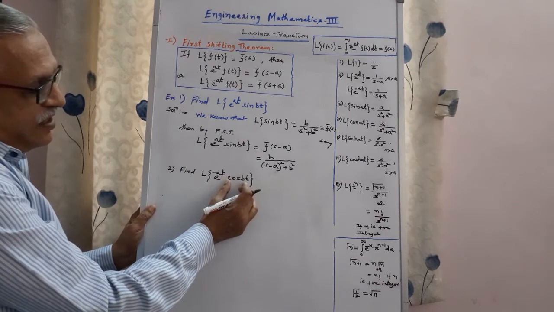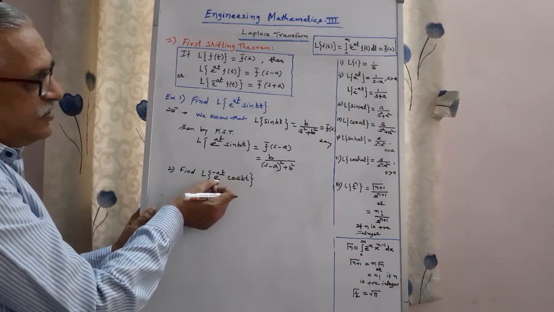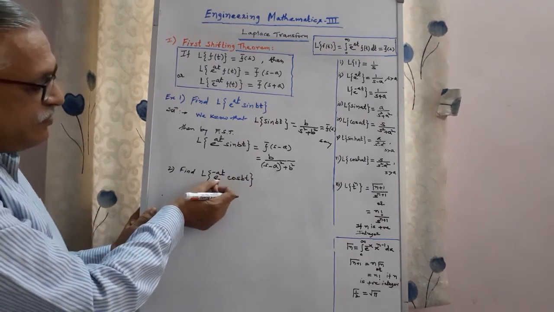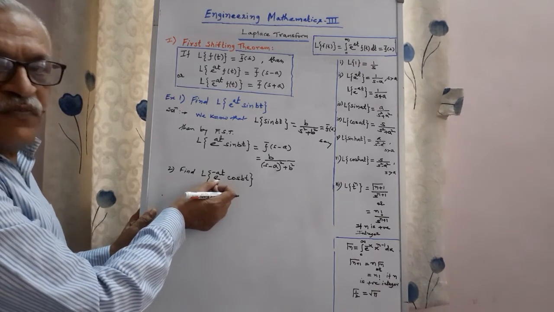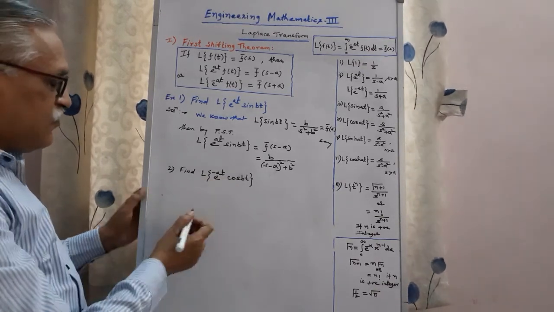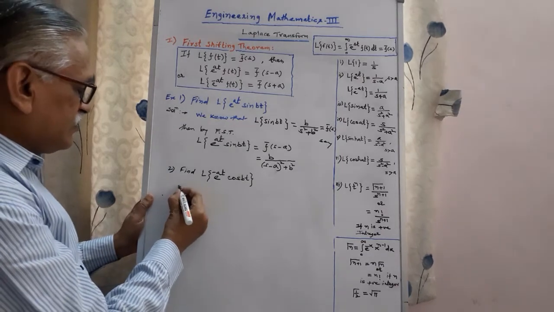Once again, this f of t is multiplied by the term e raised to minus at, means this is the problem for first shifting theorem, and therefore once again applying the same steps,